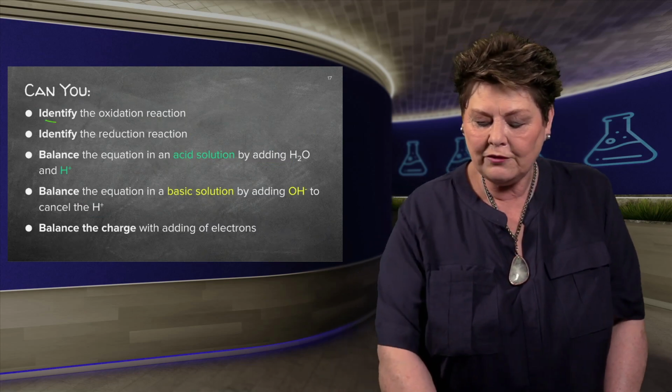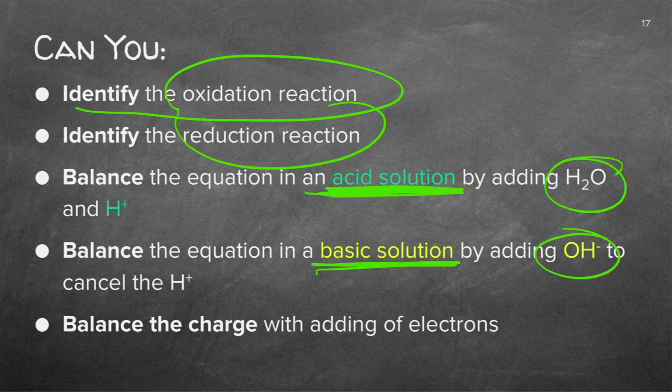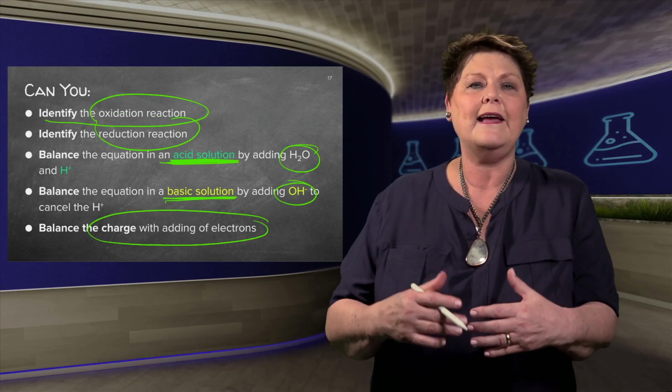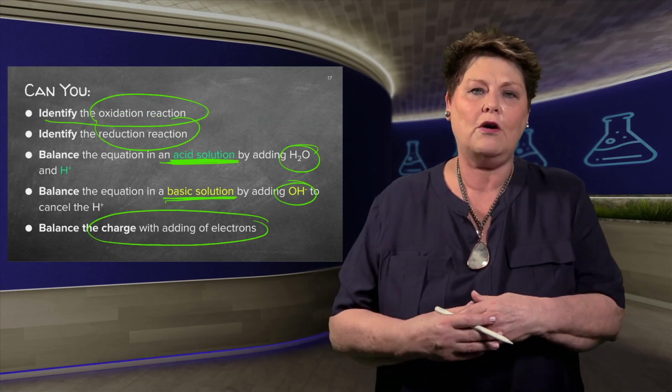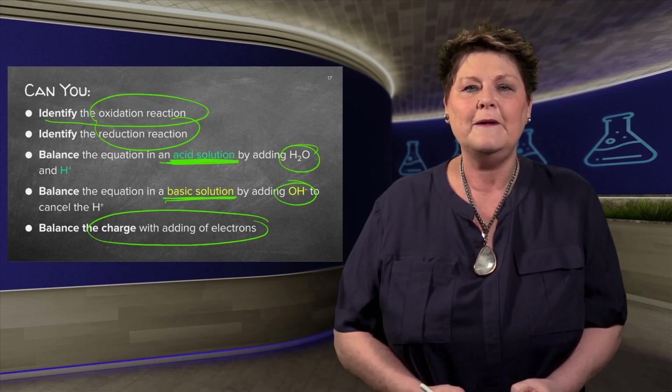So, you have to be able to identify oxidation and reduction reactions. You have to be able to balance it with acid or base. Here you're going to add water. Here you're going to add hydroxide. And remember that you ultimately have to balance the charges with the electrons in order for us to balance an equation. I hope you